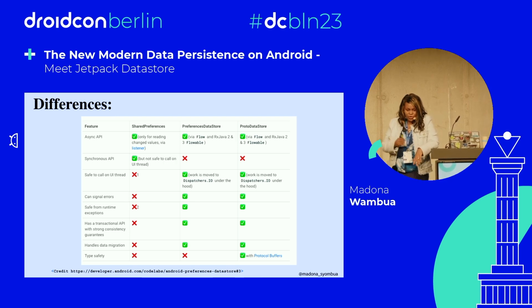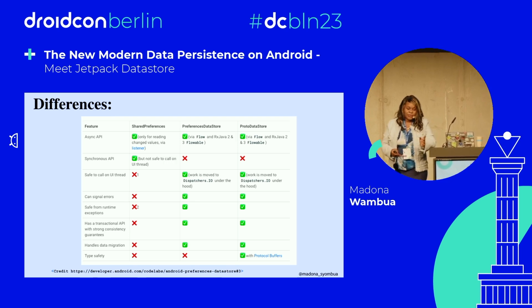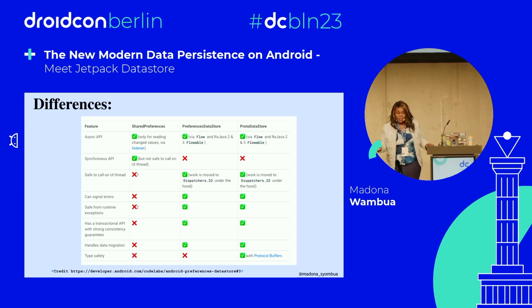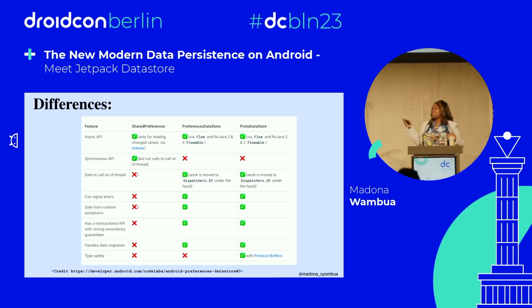And then also in the proto, you can see those advantages there. And as you can see in the shared preference there, it can signal error, you can't know that, but in the preference and the proto data store, all those are shown in there. So that's the differences, and this is the important slide where you know the differences, because I know that can